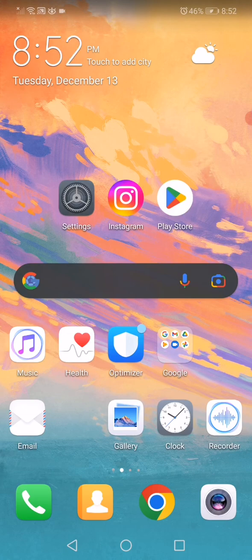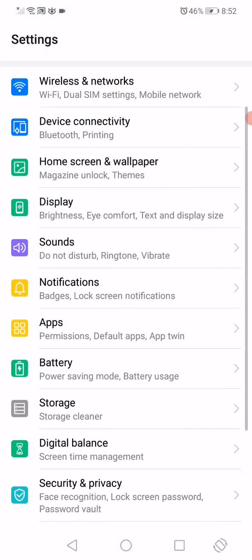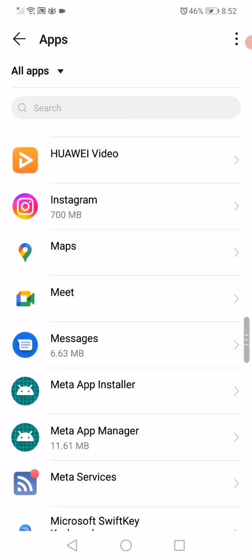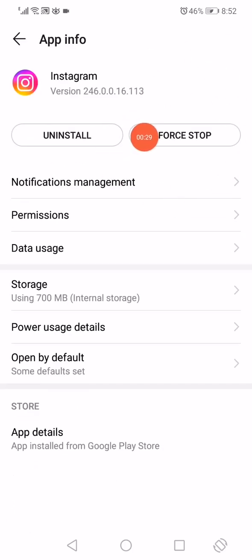First thing you have to do is open the settings on your phone like this, and then scroll all the way until you find the apps manager. Go to the apps here in the top and scroll until you find Instagram like this. When you find it, click on it and then click here on this option and then go down, click on